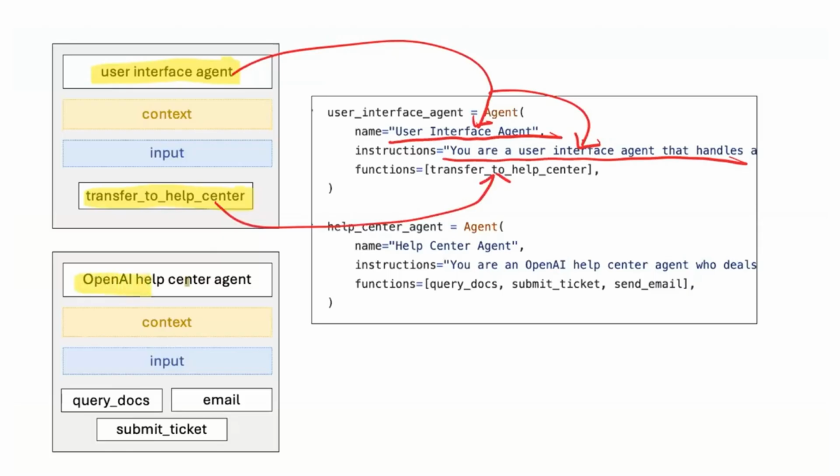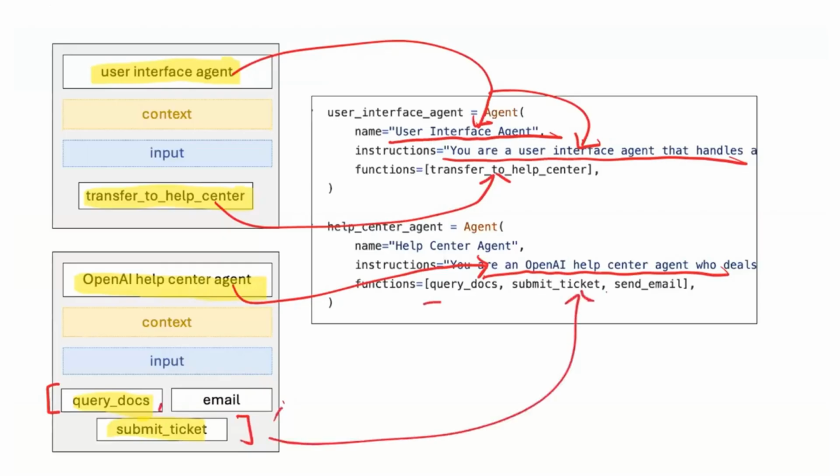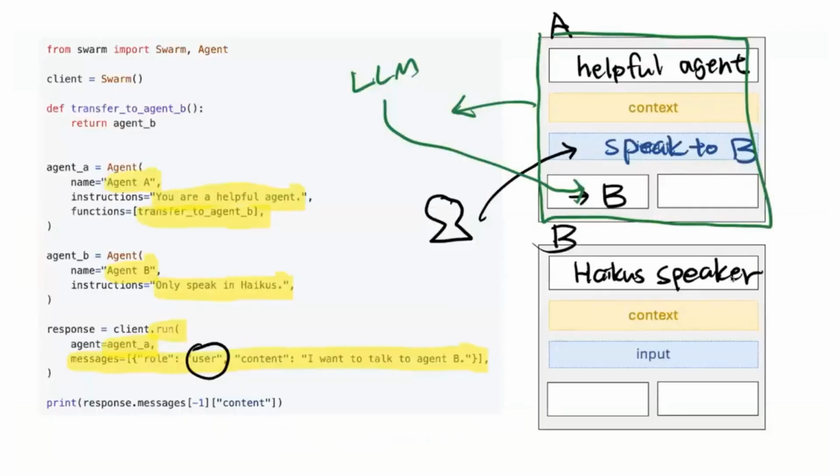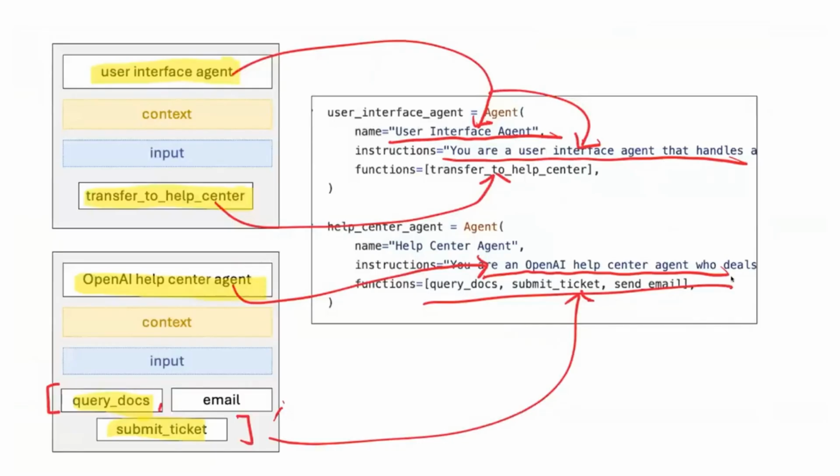Similarly, for the next one, the OpenAI Help Center agent, you write into the instruction, you are the OpenAI Help agent. And for the function, there are three of these. And then they're all mapped into this array. This is prettier this way. So you can see the correspondences going back and forth. This helps you have a high-level sketch for designing your agent. Swarm is pretty simple, very simplistic, but it helps you get a good feel of a more